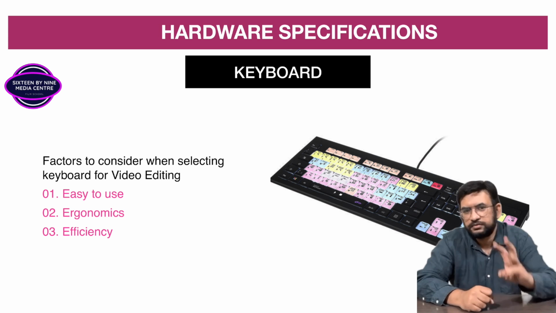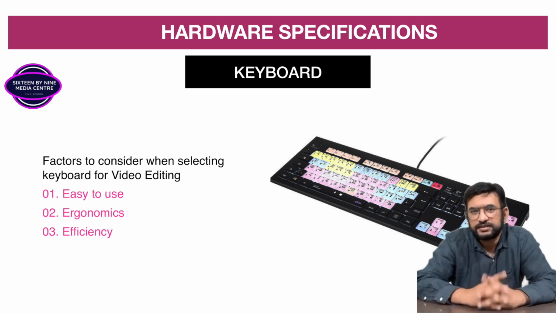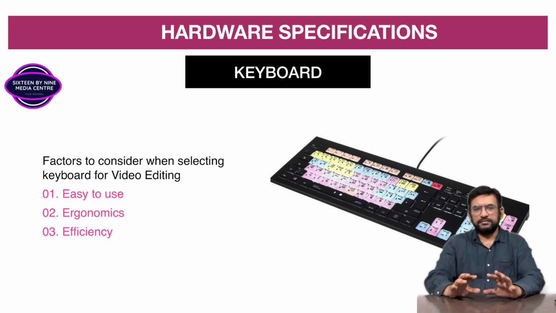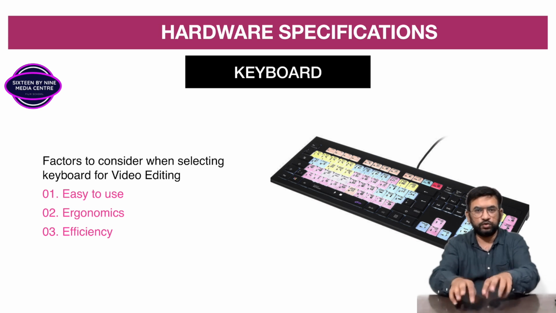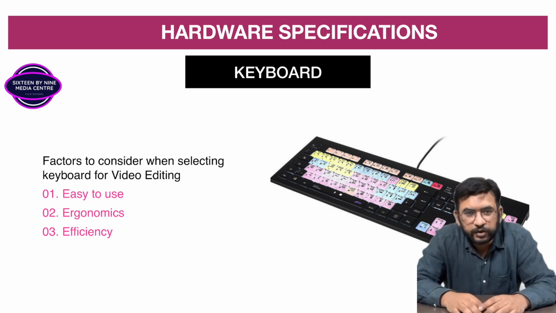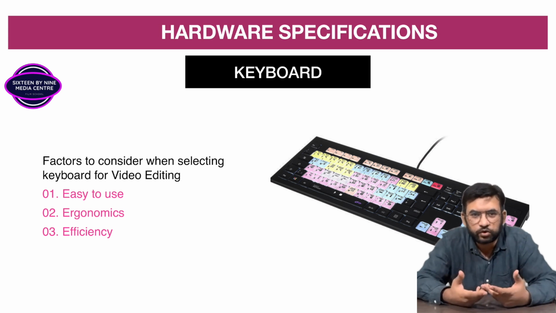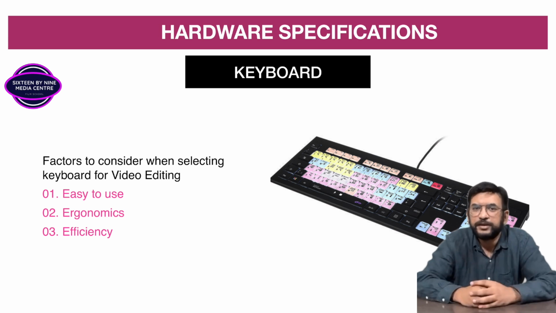Next thing is the keyboard. There are many keyboards, but 3 factors are needed, because when you start editing and you are editing daily, if you become a professional editor, you have to edit daily. This is your job, right? Your hands have to think. Professional editors, hands think. Before you think of what to do, your hands will think and they will work. And this is not a surprise, because your hands are also connected to your brain and they can also perform. So more and more practice will bring you to that level.